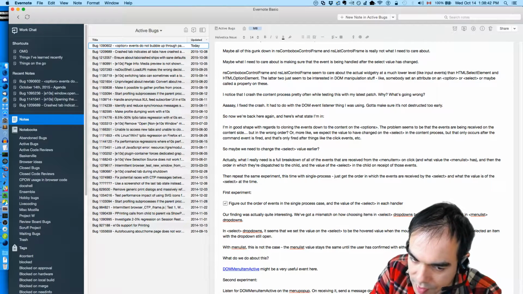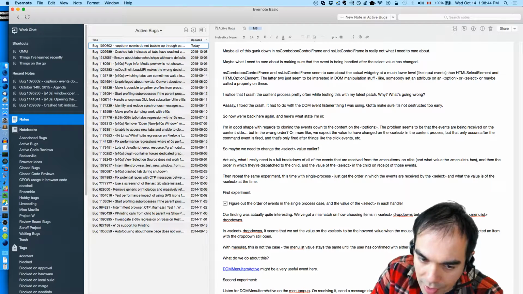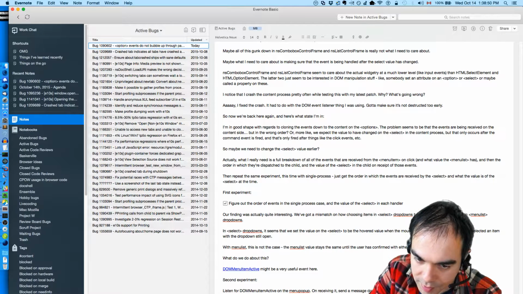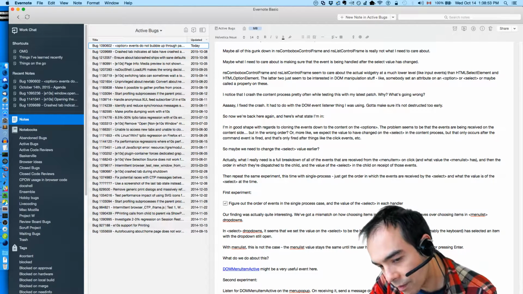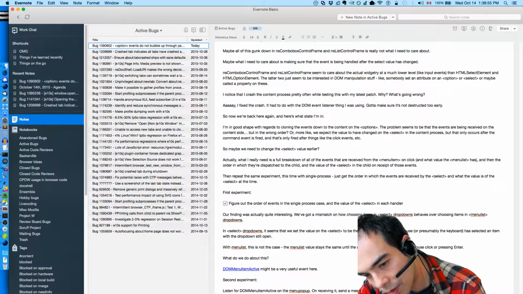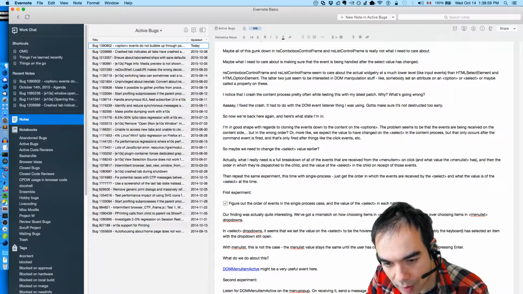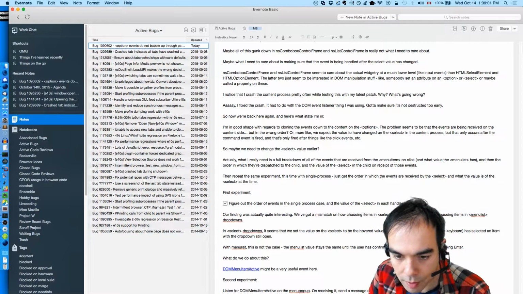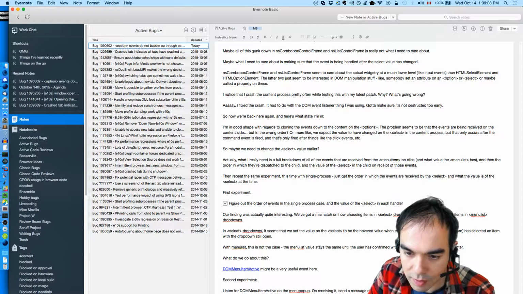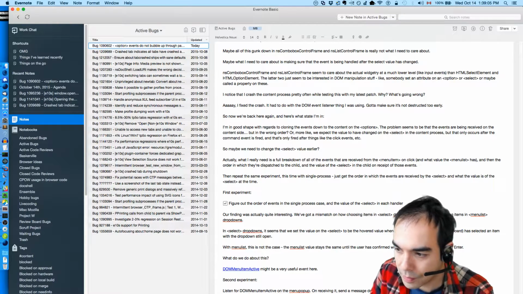So how does select get around this? How does single process select get around this? How is the value changed without changing the handle? Value on the select changed without changing the handle.